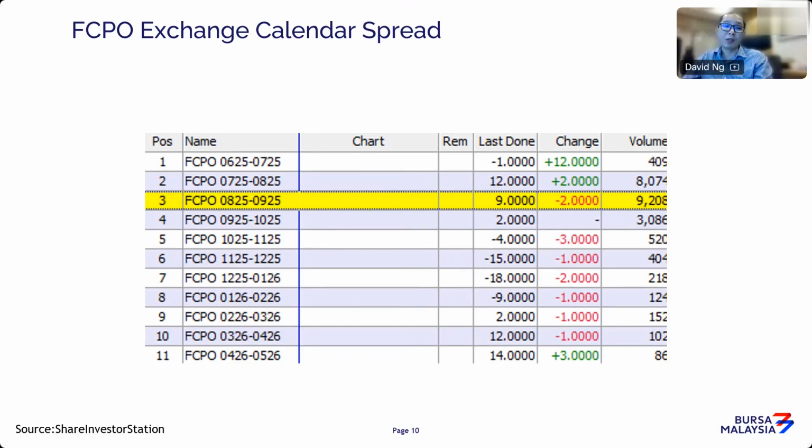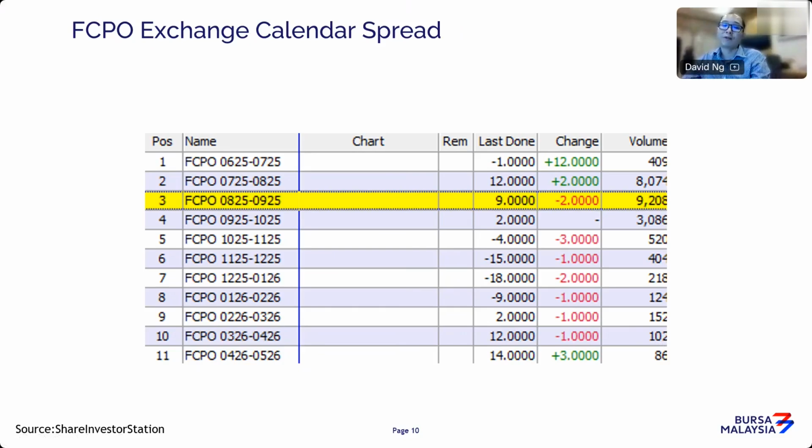So that's quite liquid. So essentially, that's why the main focus is that when you want to choose which calendar month to trade, always look at the third month and the subsequent month itself. Don't go too far away, because if you look at, for example, December 2025 and January 2026, you can see there's only 218 lots traded. Now, as you go further down into the contract months, you can see that almost some of the contracts are not even traded. So importantly, always look at volume as a determination of which contract months or time spread you want to be trading.